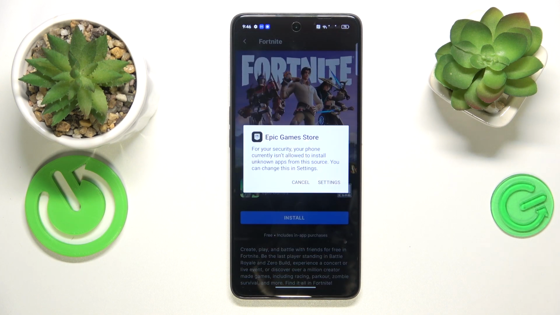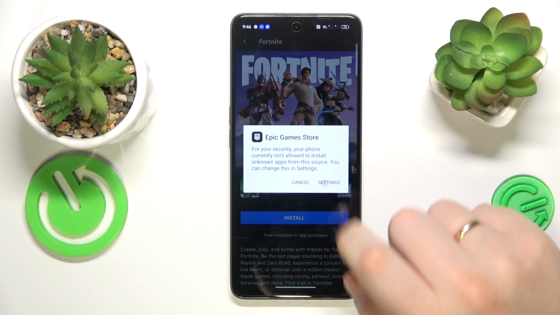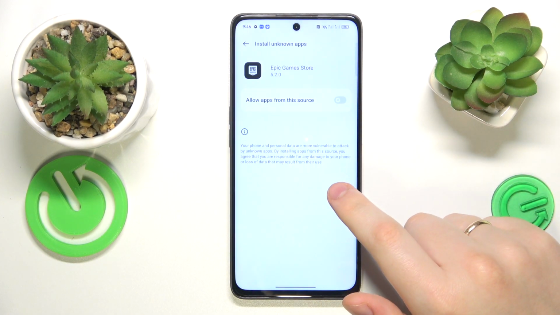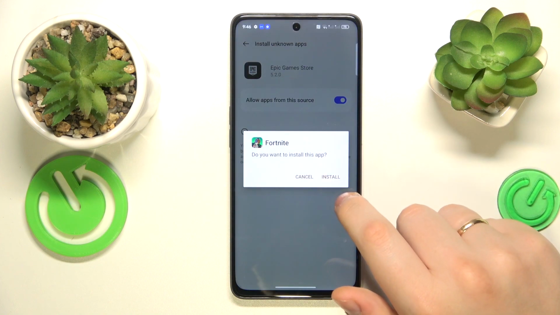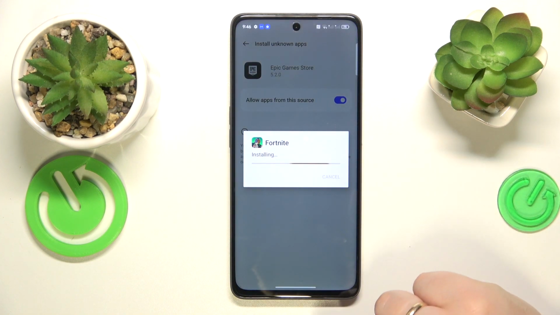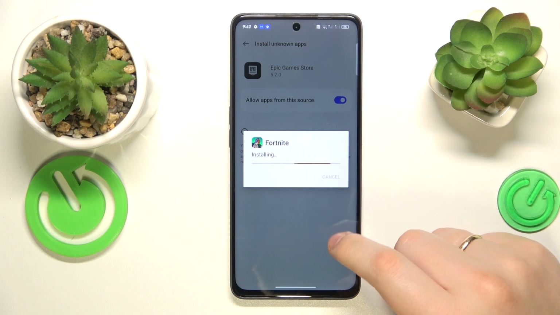Before installing the Fortnite, as you can see, the system asks that we allow Epic Games Store as the trusted source for the app installation, the same we did for Google Chrome. So let's turn this switch on, then confirm the Fortnite installation, and upon installing the Fortnite, you will need to